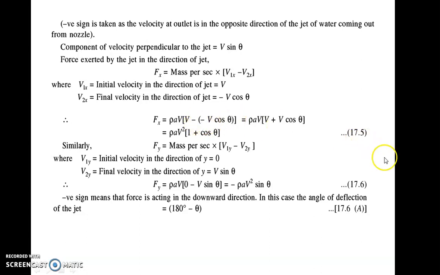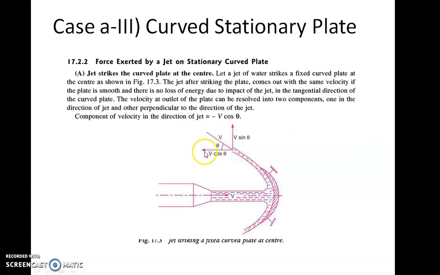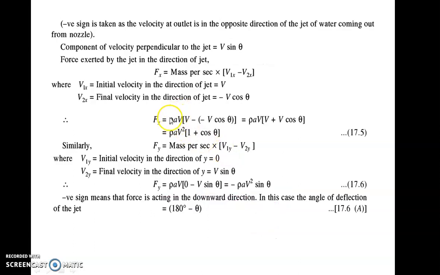Now some of you may say that it should be 2 times v cos theta, because here it is v cos theta and here also v cos theta, but you have to take care that this is m1 dot and this is m2 dot. Combinedly m1 dot plus m2 dot forms only m dot. So if you take the addition of these two components, it will be contributing to the same mass flow rate, and that's why when you consider the mass flow rate along with the velocity, you have to take only v cos theta.